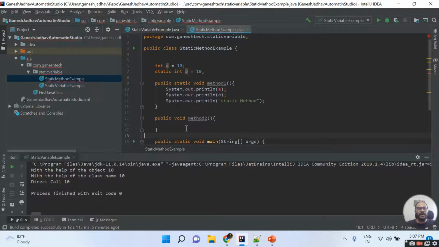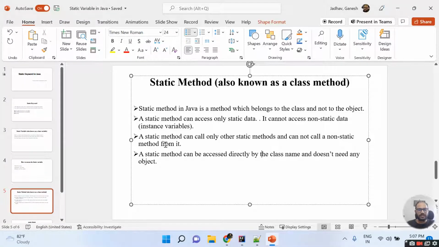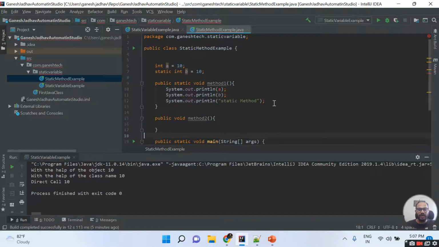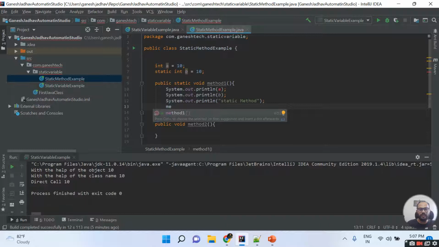A static method can call only other static methods and cannot call a non-static method from it. So if I'm trying to access method 2 over here,